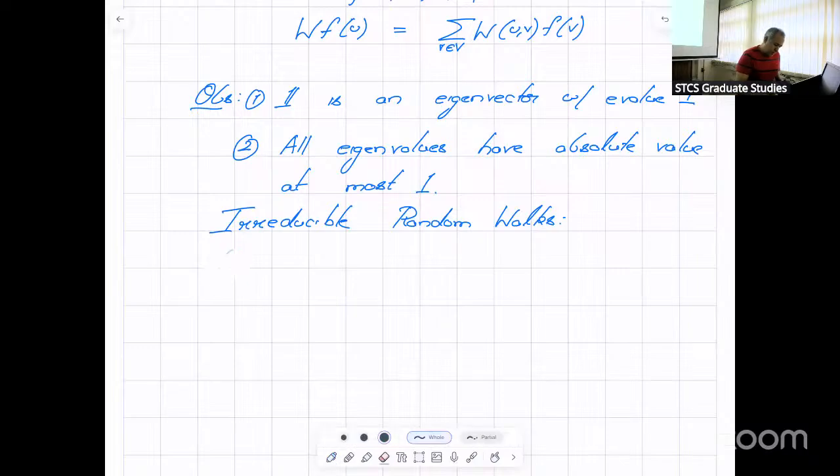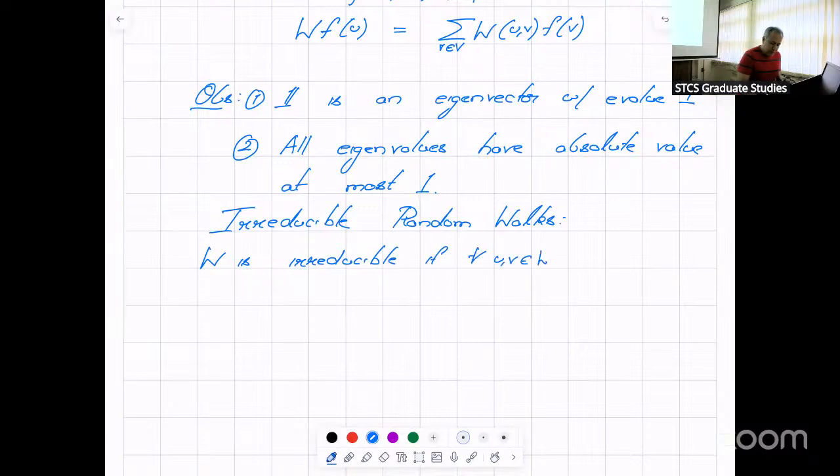Let's say W is irreducible if for all pairs of vertices U, V in the state space,